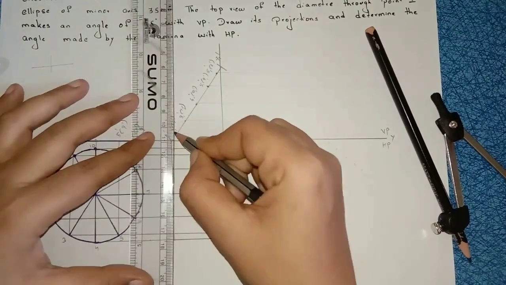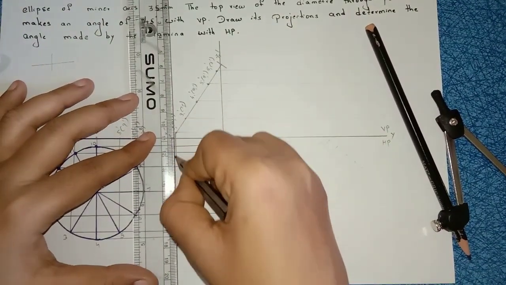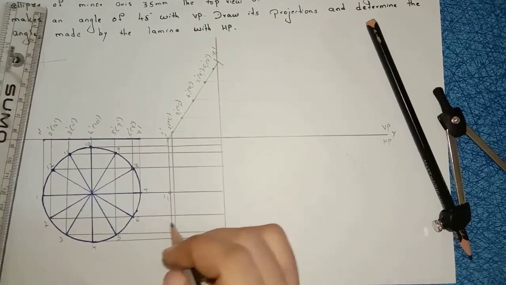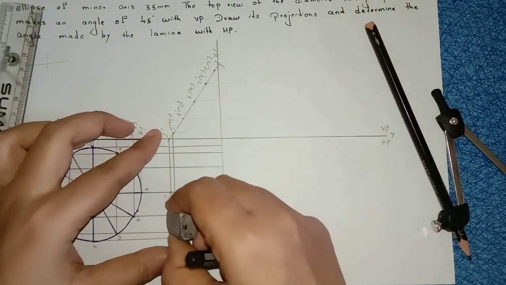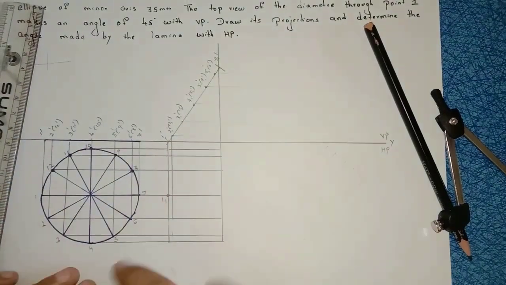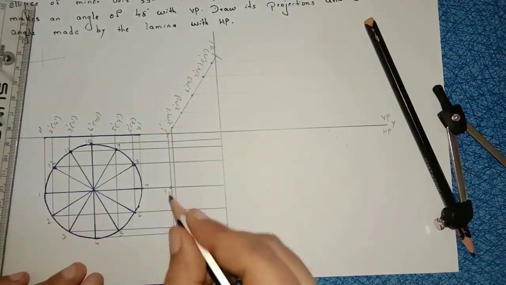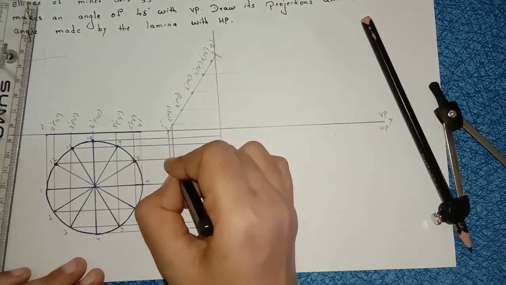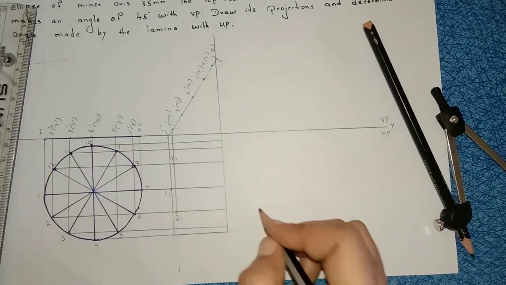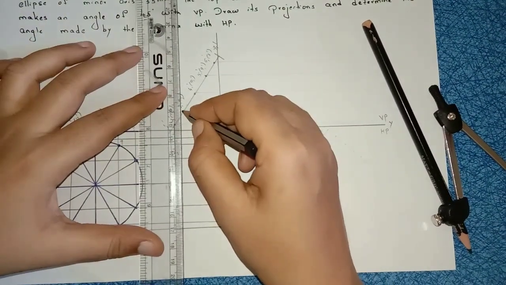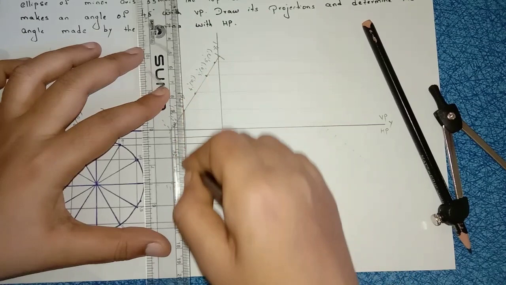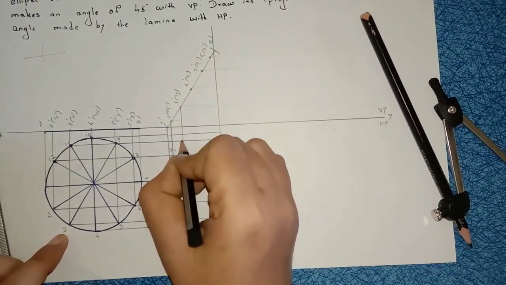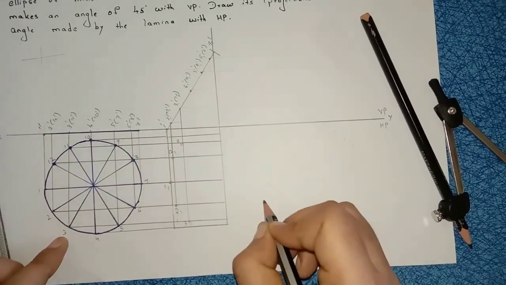Next 2 and 12, no? From 2 and 12 I will project a line. See, 12th point from 2 and 12, right? So from 2 I am projecting a line. See, 2 and 2. This is the second point, naming it as 2 1. Next 12th point, no? This is 12 1. Right? Then next from 3 and 11 I will project a line. See, this is 3, name it as 3 1. This point is 11 1.